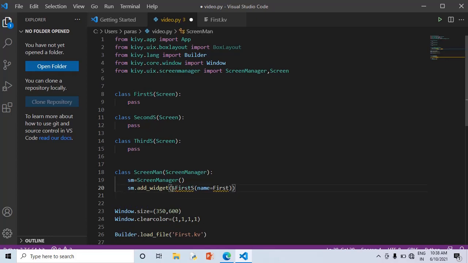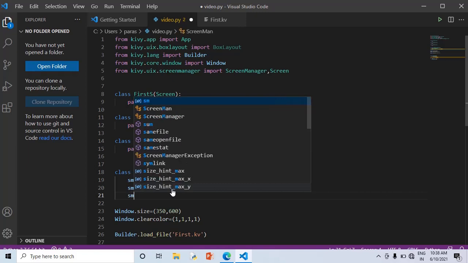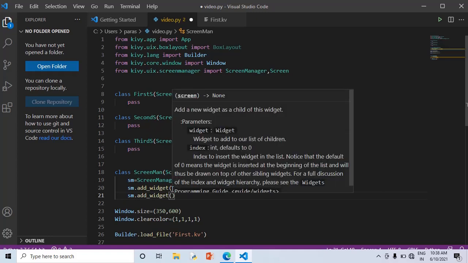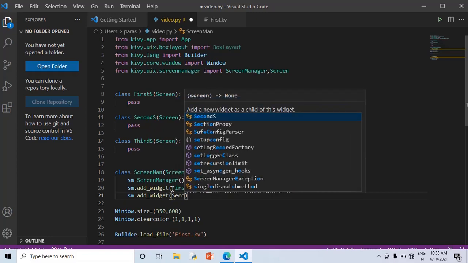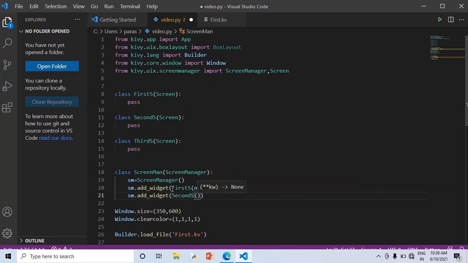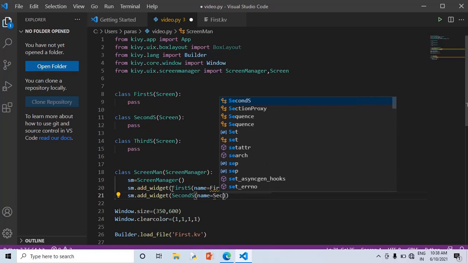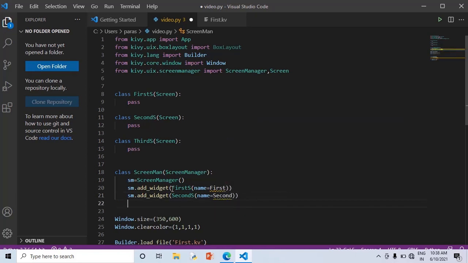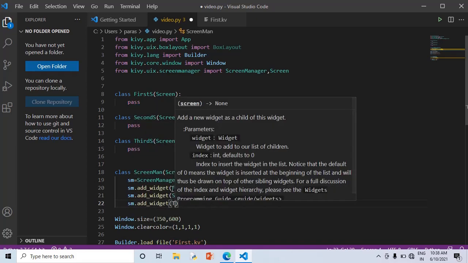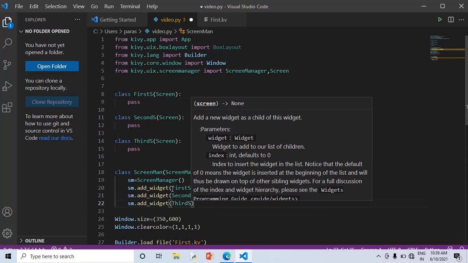So you need to follow the same to add the same screen, sm dot add widget second. So you need to follow the same in all these three screens. Second S. So I'm giving here name as second. So you can give your name whatever you want. So sm dot add widget S. So your name will be